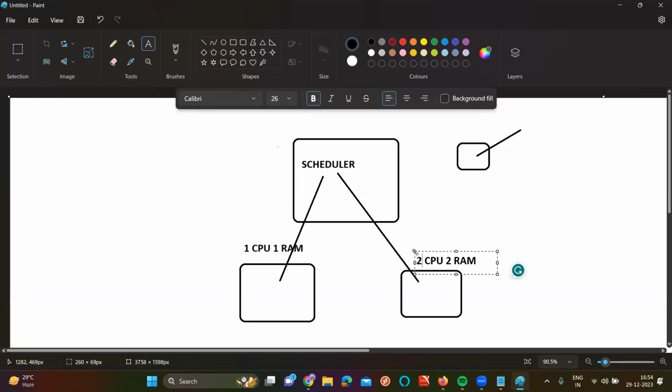Because the second one is having more CPU and more RAM. So the scheduler will check each and every worker node and give a score, which worker node has the best hardware properties and resources. The scheduler will mark it as the best node and place the pod on the best worker node. I mean, it will only select, but the API server will schedule the work. The API server is going to schedule the pod actually.